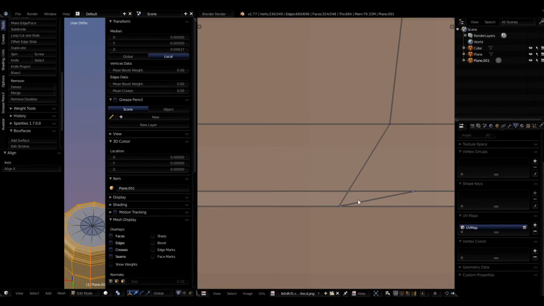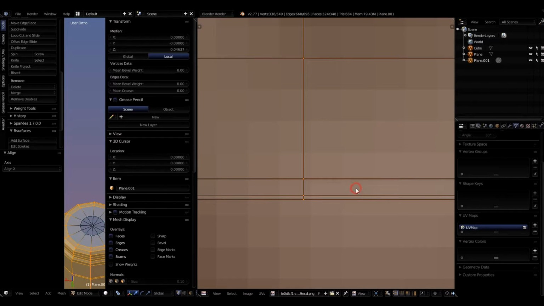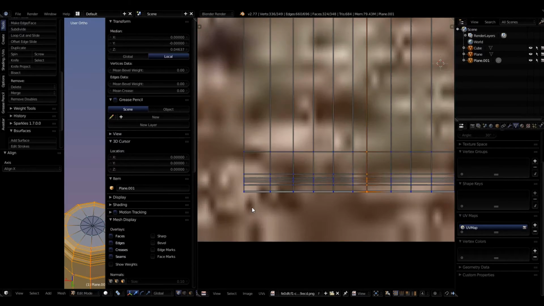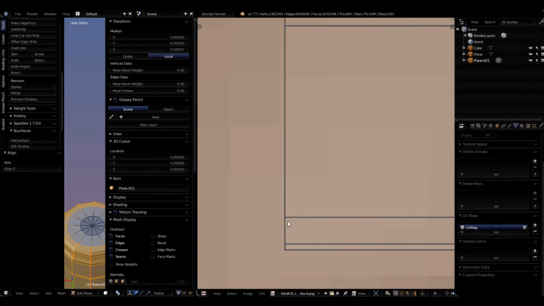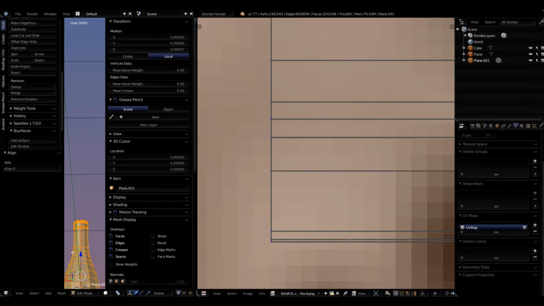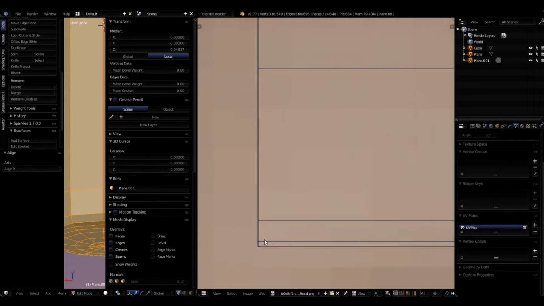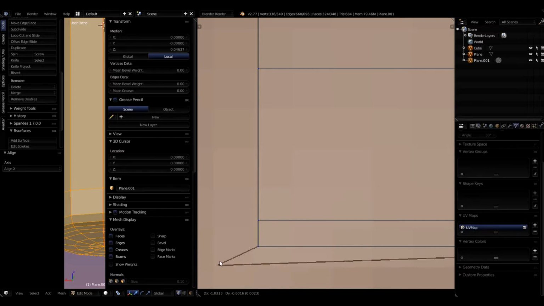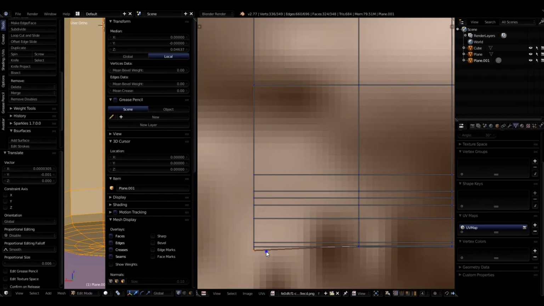Alright, these here you see, these are not such a... There we go. So what we want to do now is make sure that these are not crossing over each other. And that could be very possible because this may be creeped up into the bottom. So I'm going to select this vertex just for testing it. And you see, this actually belongs down here. It doesn't belong up there. It belongs down here. And that'll be the case with the whole bottom edge. So I'm going to grab it and just pull it down on the,